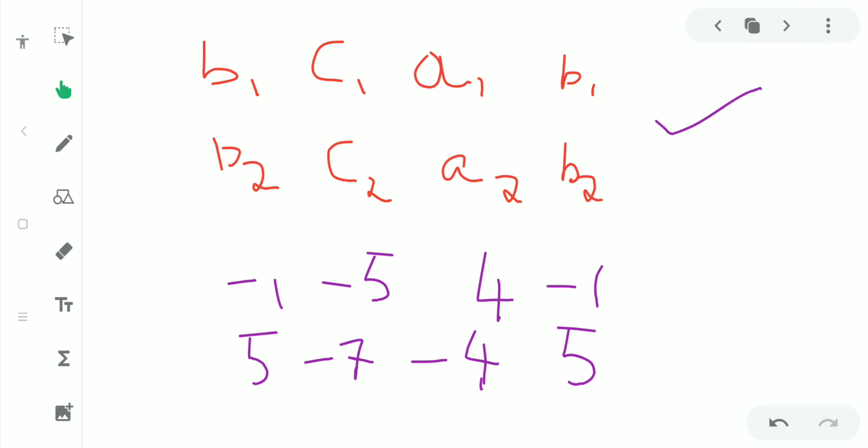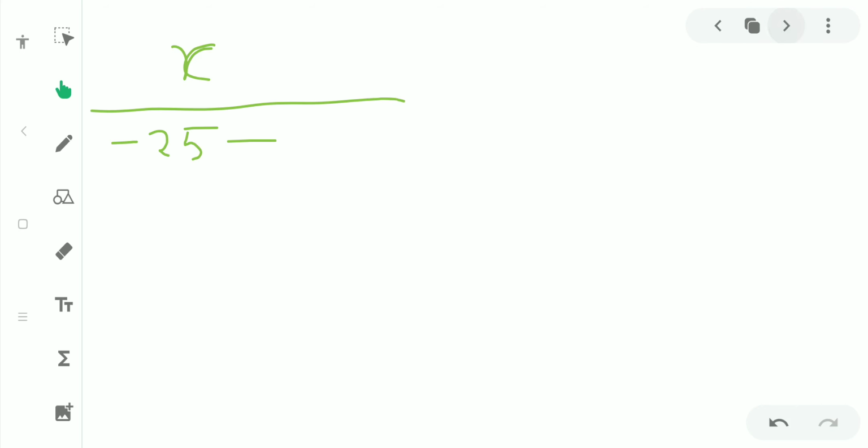C2 into B1 is nothing but minus 7 into minus 1, nothing but plus 7. Again minus is there, so it will become minus 7, which is equal to y by